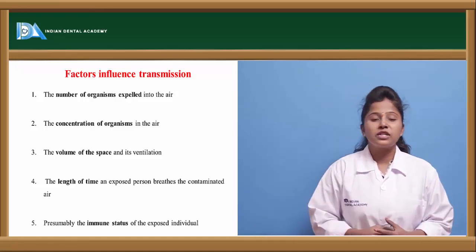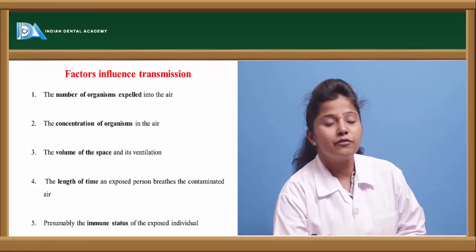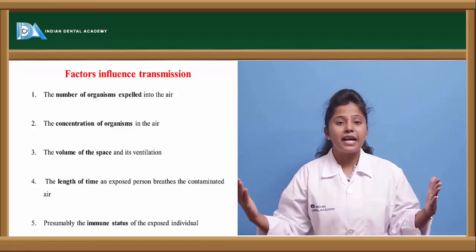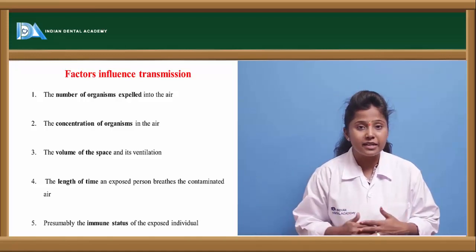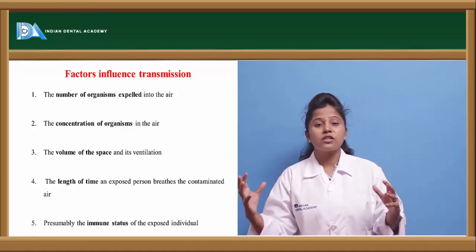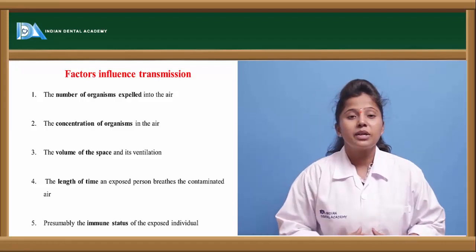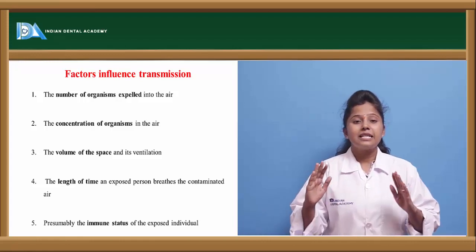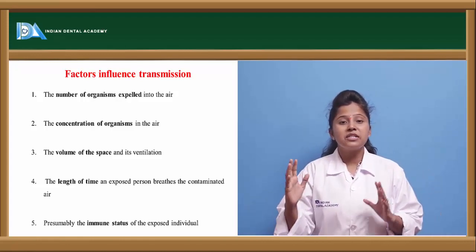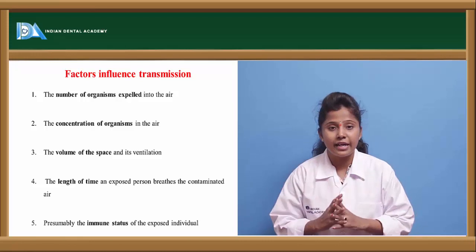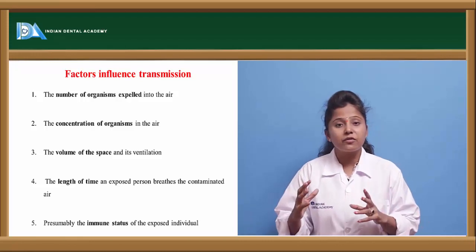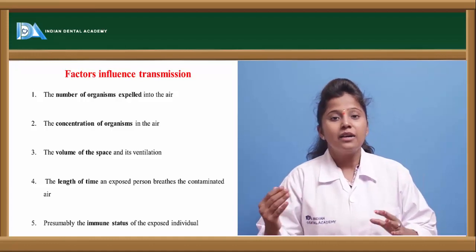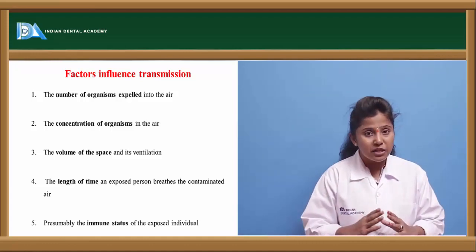Next, the volume of the space, or ventilation. If a more ventilated area is present, then the bacteria may spread out, and thereby the concentration of the bacteria may decrease. But if less area is present, then the concentration of the bacteria increases, whereby the person is more prone to transmission. And the other one is length of time, in the sense for how much time the person is exposed to that infected air. If a person is exposed for a longer period of time, then he is more prone to infection by the tuberculosis bacteria, whereas if he is exposed for less time, then he is